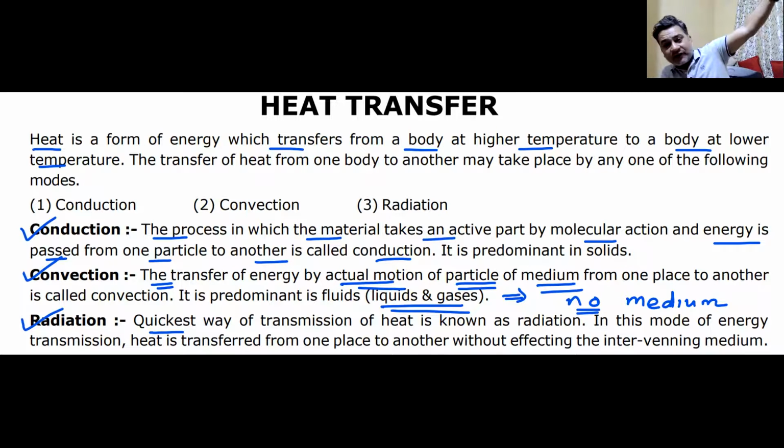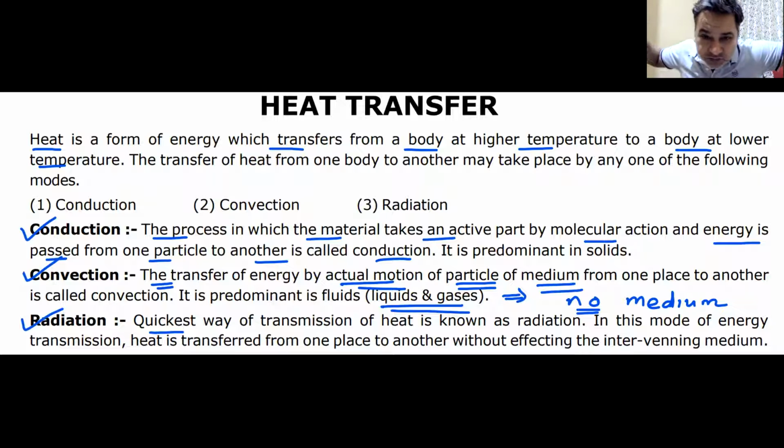Sun is very far away from us. Between the sun and earth, there is no atmosphere, there is no gas, there is complete vacuum of space. But sun is emitting thermal radiation, heat energy. That is what is heating up the earth. Global warming. Earth is getting heated up. It's very hot now. Why is it very hot? Sun is so far away from us. That is giving us radiations.